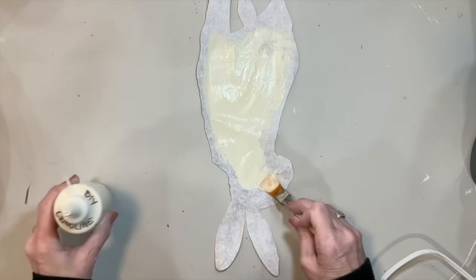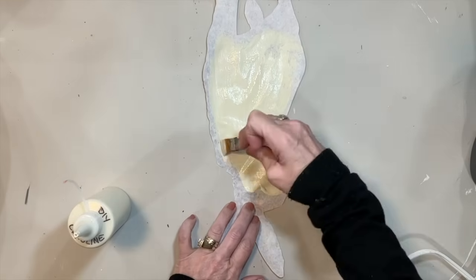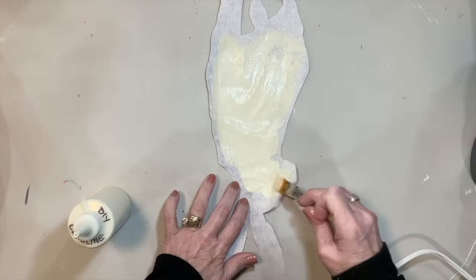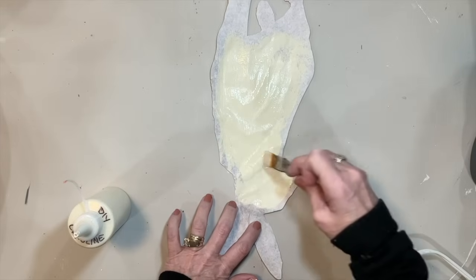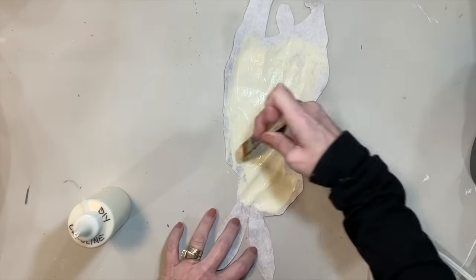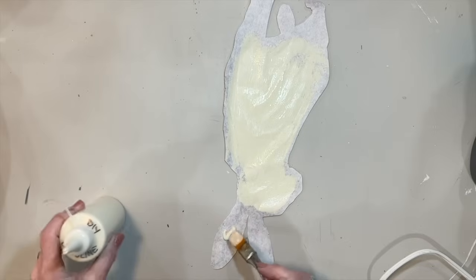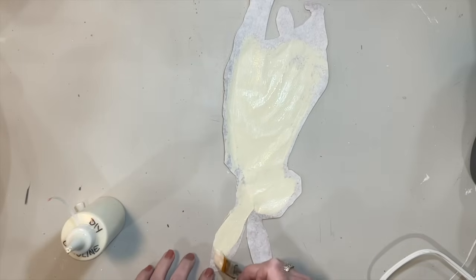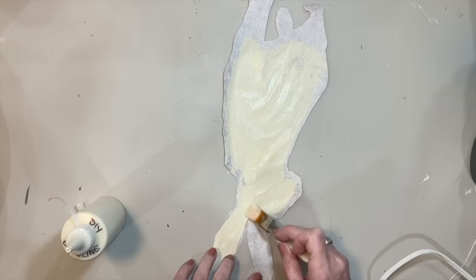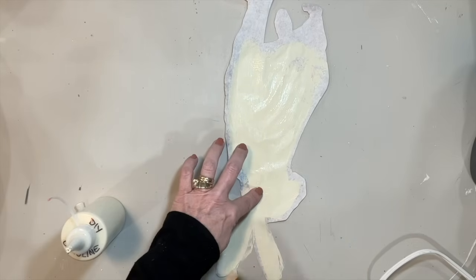Now some people use white, but I don't want mine to be that bright. So I'm going to do this and let this dry, and then to save myself wrinkles, I'm going to do the same type of iron-on with this bunny. Once this paint dries, I'm going to take my Mod Podge and put a very thick coat on the back of this bunny and let it dry. Once it dries, then I'm going to iron it on top of the other paper,